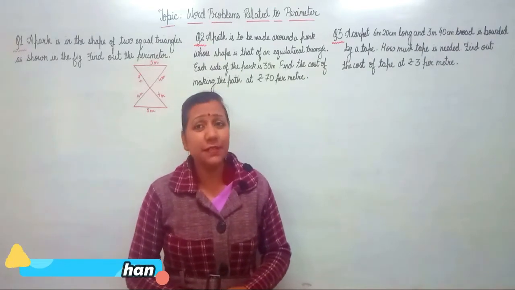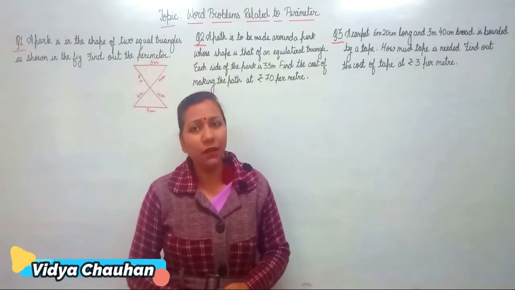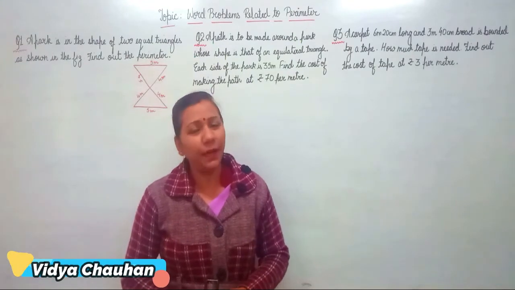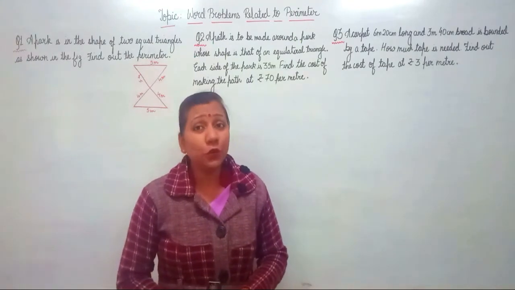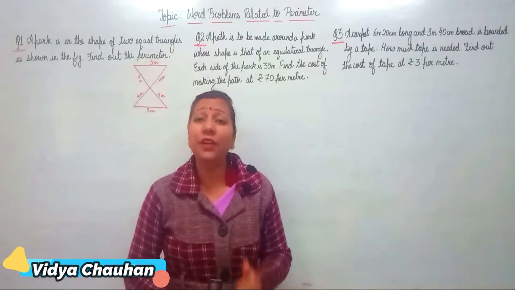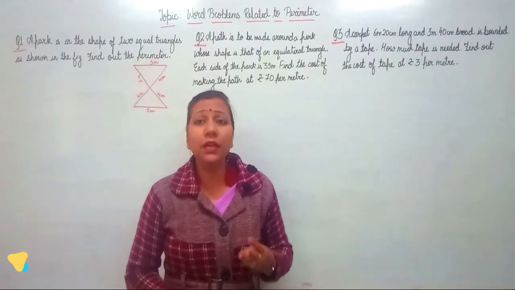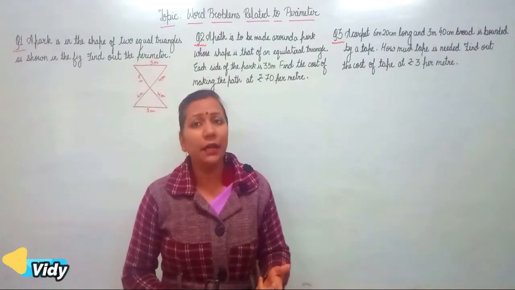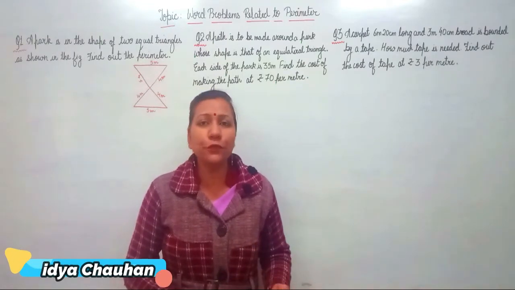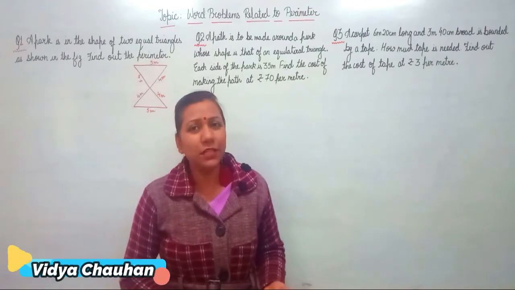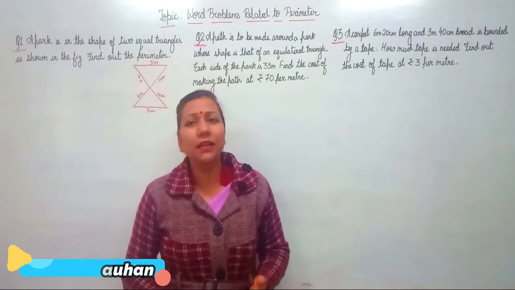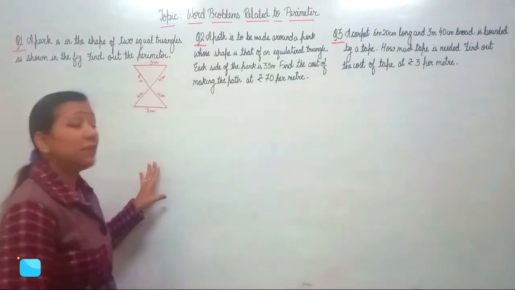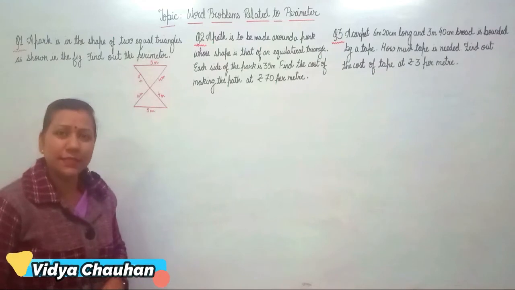Now students, after discussing the perimeter of some regular and irregular shapes, today we are going to discuss word problems related to the perimeter of different shapes. In revision, we have discussed the perimeter of three different regular shapes: a square, a rectangle and a triangle. Apart from this, we can also find the perimeter of any rectilinear figure just by adding all the given sides. Right students? Today let us discuss some word problems which I have taken from your book exercise.